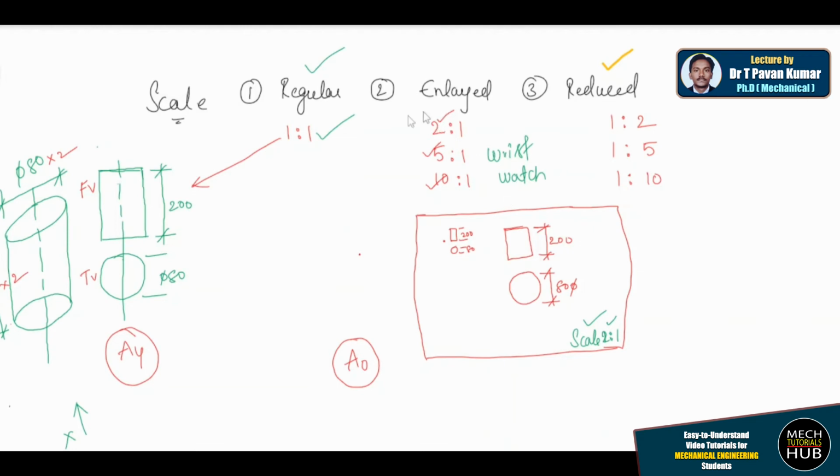Okay, regular scale is not at all possible. So in such case, we'll go with a reduced scale. We'll scale down and we'll try to show. Okay, in the same way, coming to the third part, which is a reduced scale, let me draw a drawing sheet. Now the sheet is A4. For example, I'm considering an A4 size where I would like to show these dimensions. Let us consider for our understanding that 80 by 200 will not fit. Front view and top view will not fit to this particular sheet.